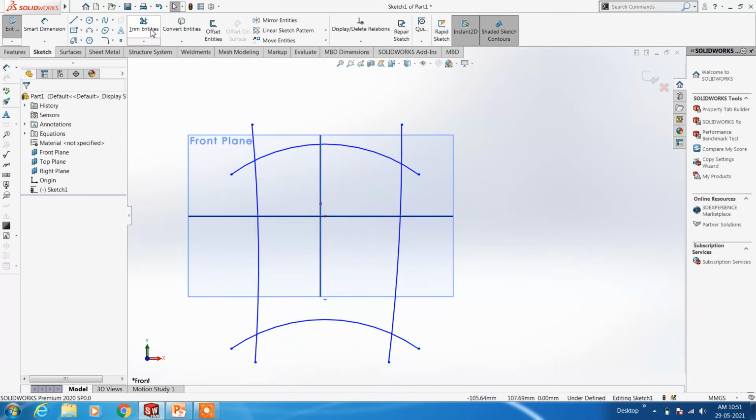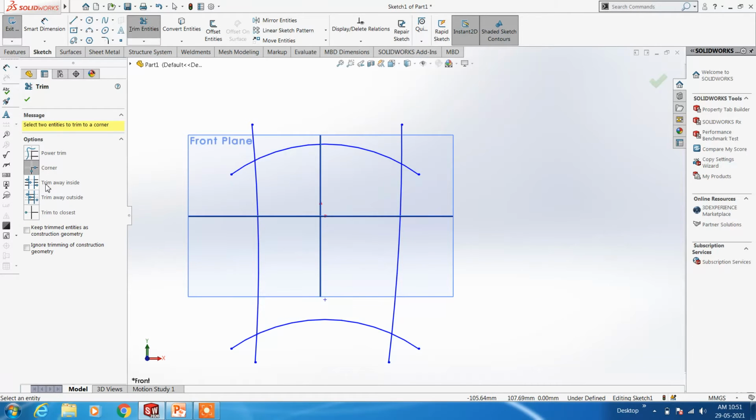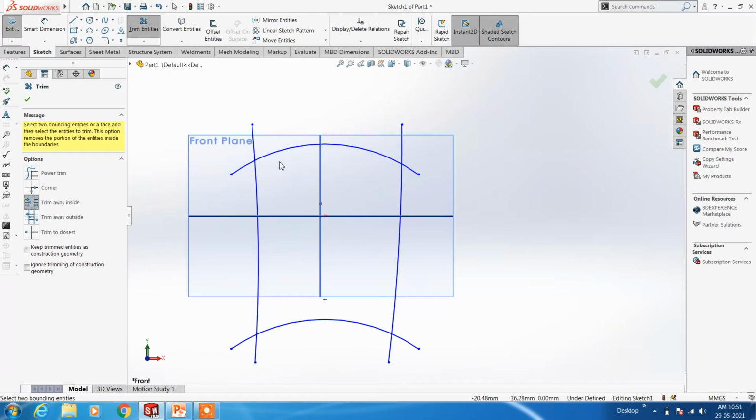Okay, for that only we will be using the trim away inside. Click these two lines and these two lines. Only the inside lines will be deleted. This is called trim away inside.